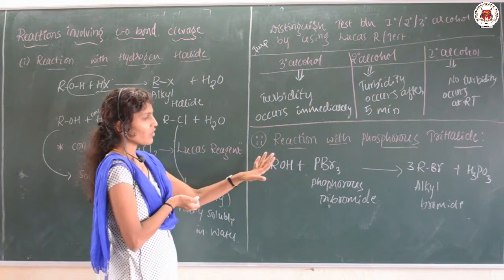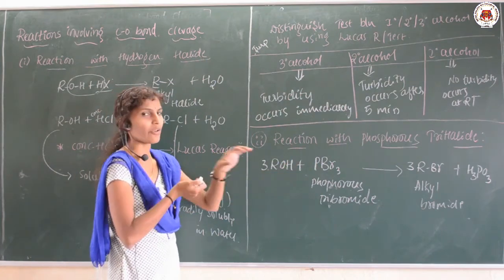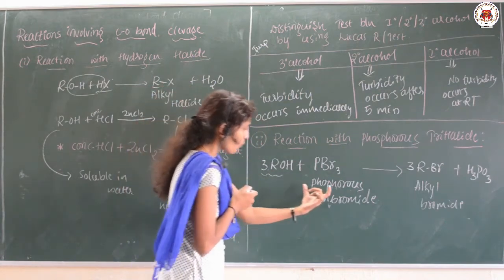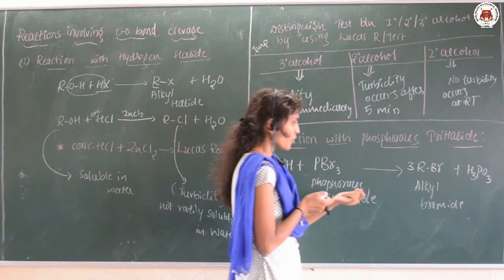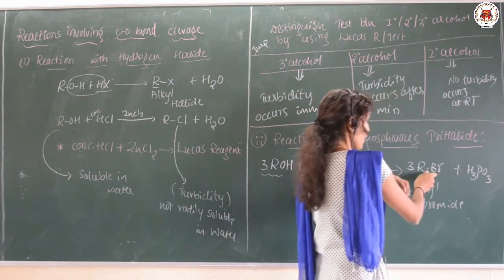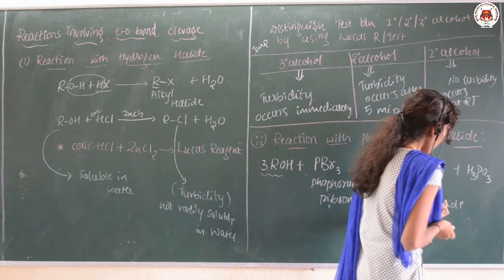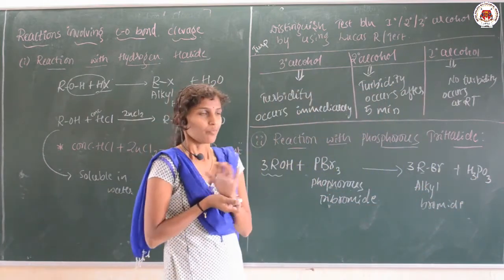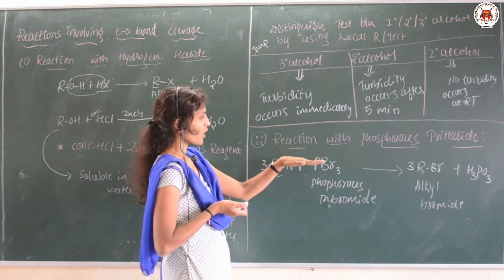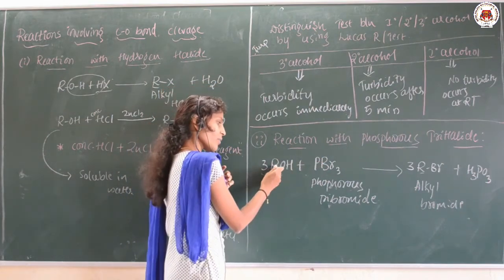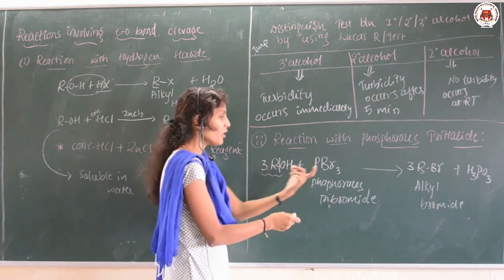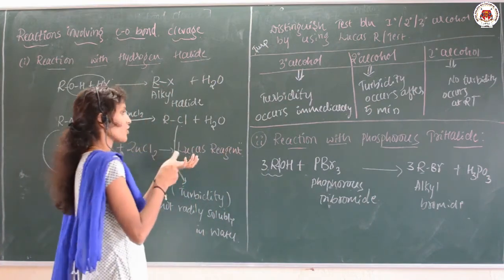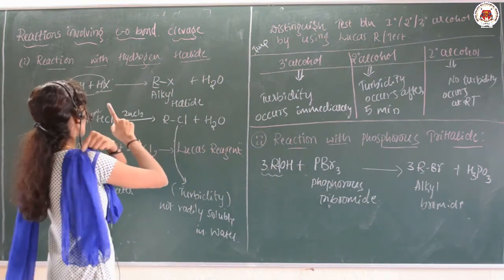Okay. This reaction we have already discussed in haloalkanes and haloarenes. So, when alcohol is treated with phosphorus tribromide, there is a formation of the alkyl bromide, where R group will be there and bromine is there, along with the release of H3PO3. So, this is also a reaction where there is a breaking of the C-O bond. R is nothing but any alkyl group. This bond is going to be broken and Br is going to be attached. So, these are the two reactions which involve the cleavage of the C-O bond.